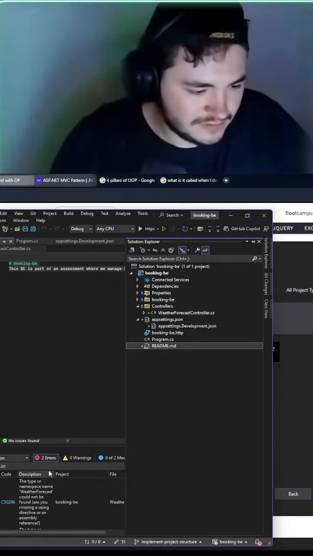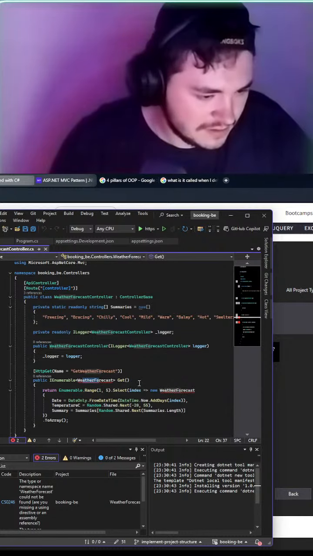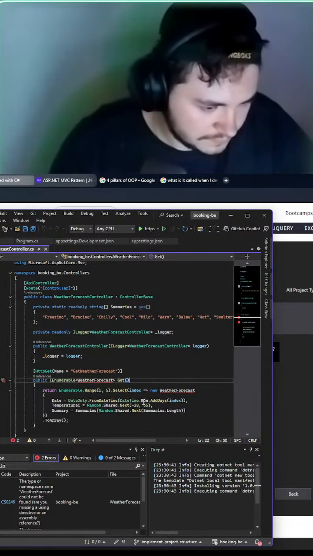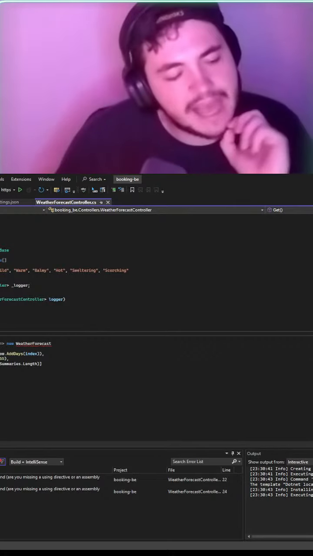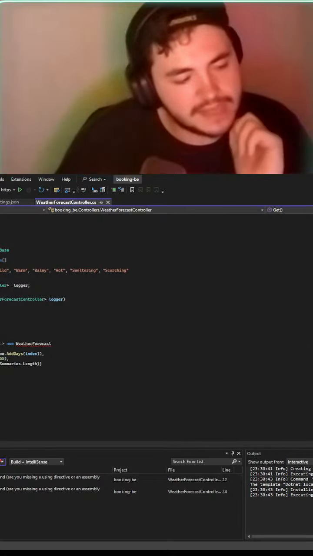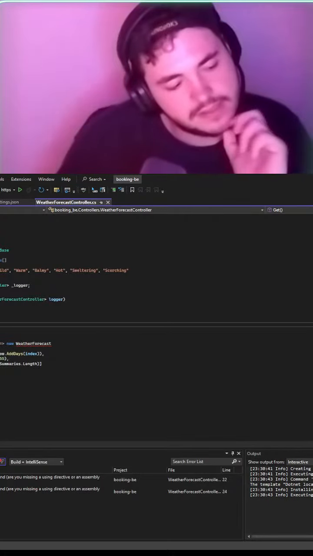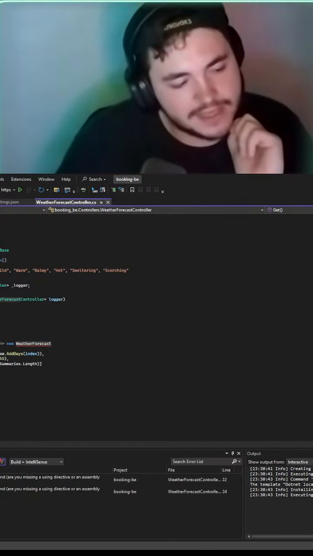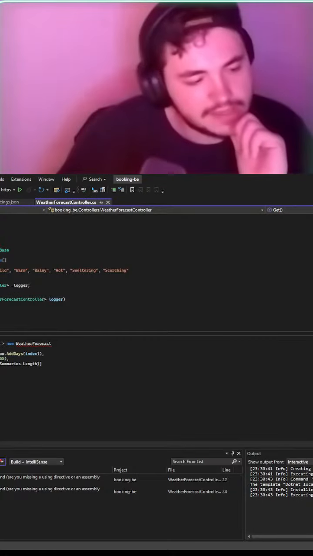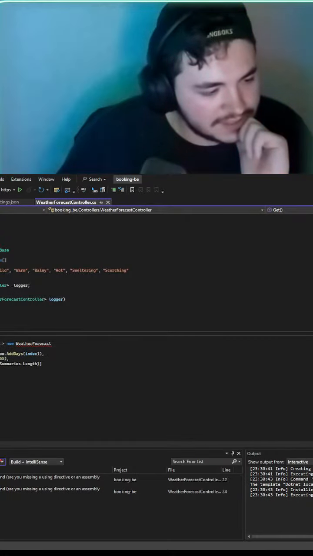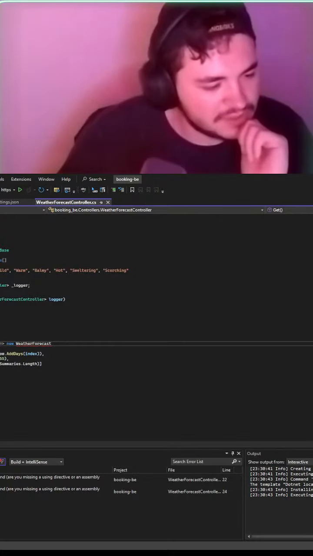What broke? Probably something in here would have broken. Okay, so let's read what's going on here. We're going to read our error. So basically what's happening here is we defined a very basic HTTP GET. Oh, this was boilerplate stuff. And it was calling a WeatherForecast class that was down here that we just deleted. And it looks like it's just doing a range of 1 to 5, copying an index and just doing something random.